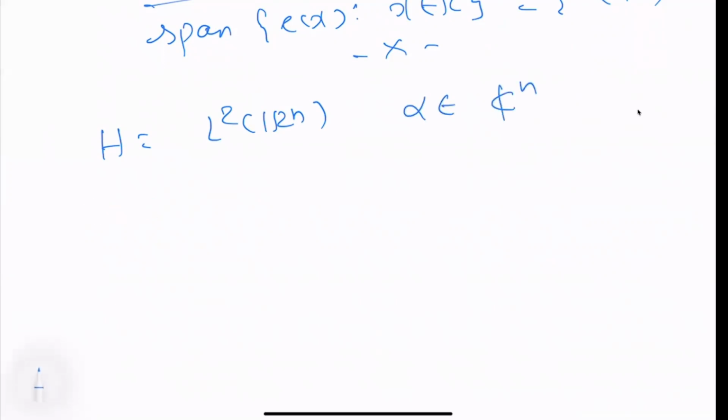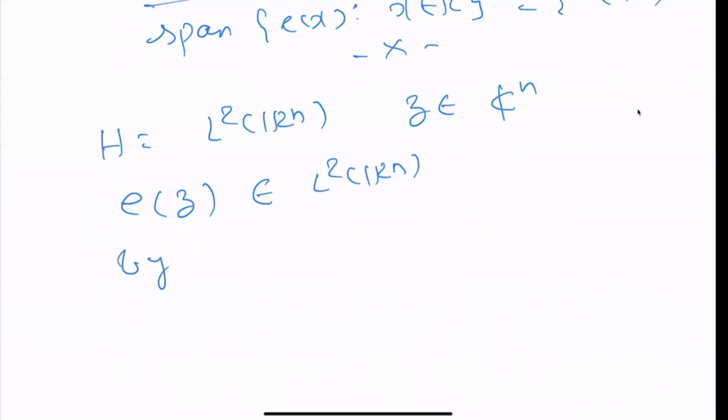You have to define E of alpha. Maybe Z is better. Z in C. So for Z in Cn, you define E of Z in L2 of Rn by,